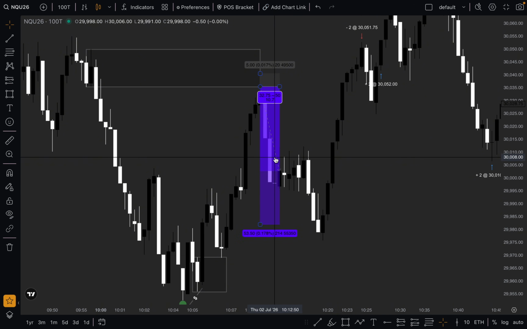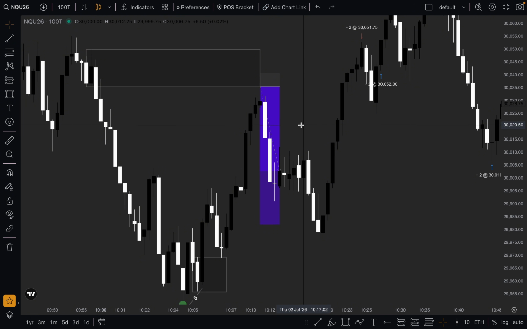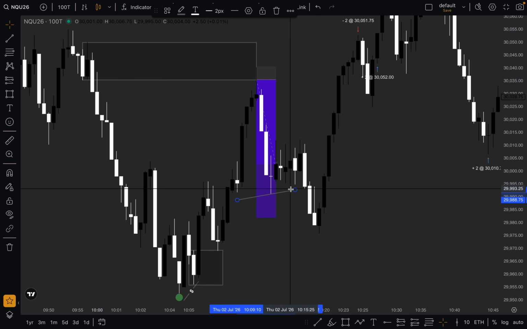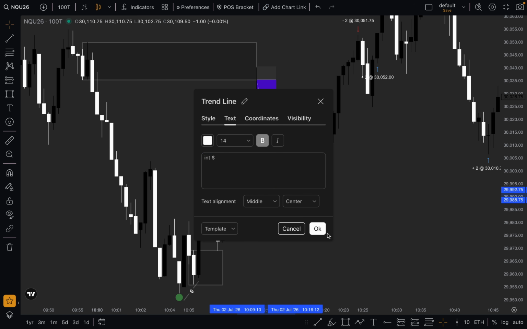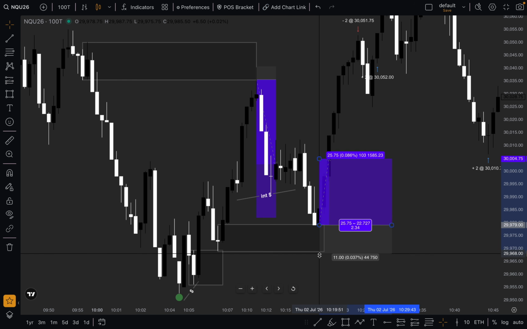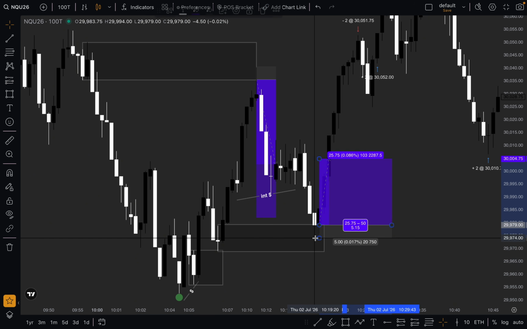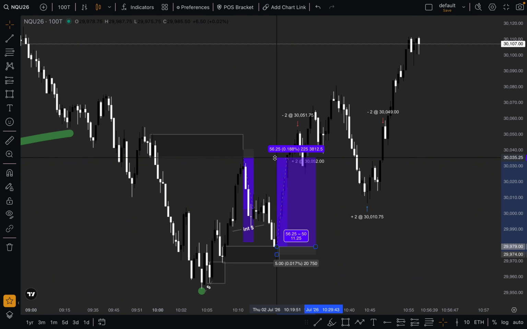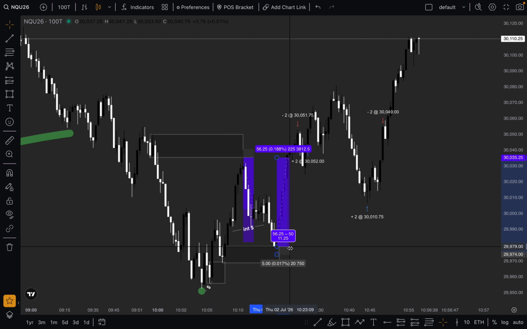Okay, so this is what happened. Price had come down. We had a great reaction. Now we started building up liquidity here. Okay, so we had all this internal liquidity, and what did we have right here? 100 tick point of interest. We sweep the internal liquidity, tap into our 100 tick point of interest, and that's when our move continues to the upside. So what ended up happening here was price had to come all the way up, and it basically break even me. Okay, so that could have been your long.